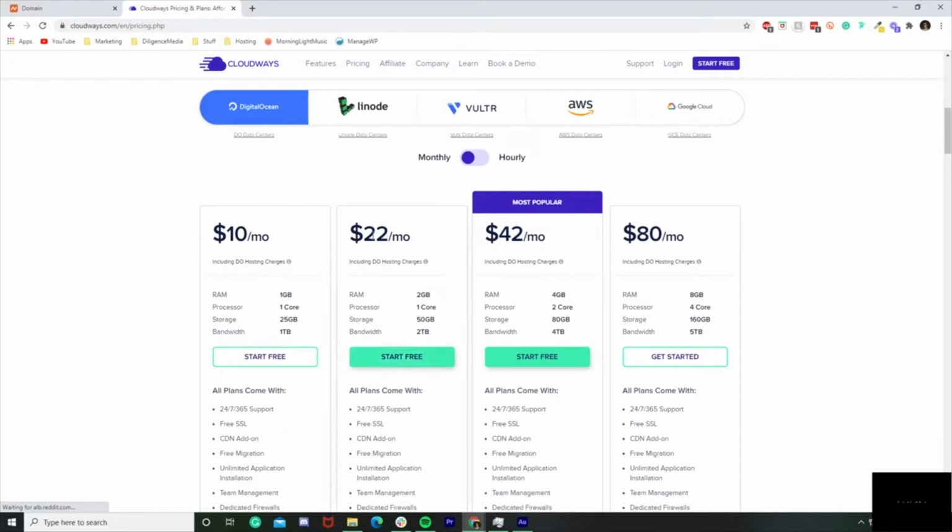Like, I'm on this plan and I don't think I've even been charged $22 yet, and I've been on this plan for a few months. So, you know, they just charge you for what you use, and most of the time your single website won't be using much. So what you're going to want to do is you'll press start free,